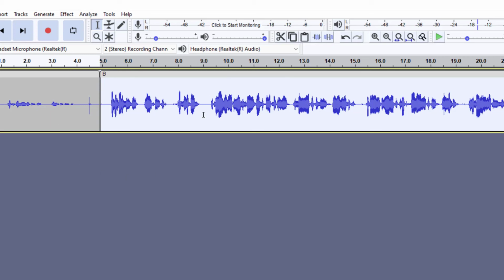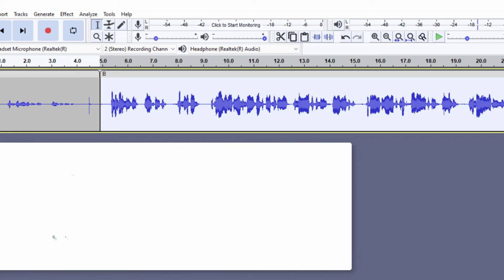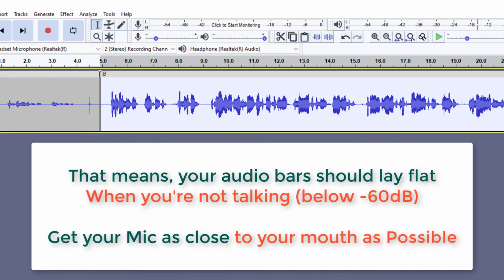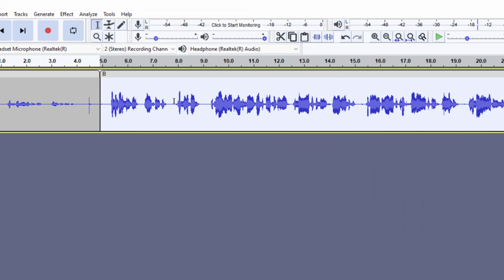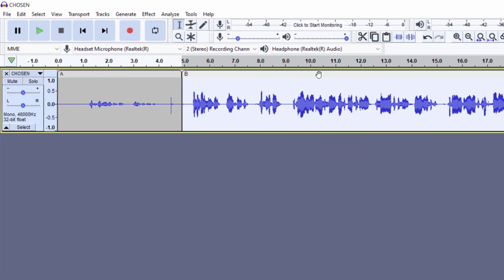One other thing you should keep in mind if you really want to edit your audio in this particular manner is you have to try as much as possible to record in a very quiet space, else you're going to have to do a lot of work removing noise, and sometimes you can't remove all the noise, so you just have to be stuck with some noise in the end. This is pretty much it. This is how to edit your audio.